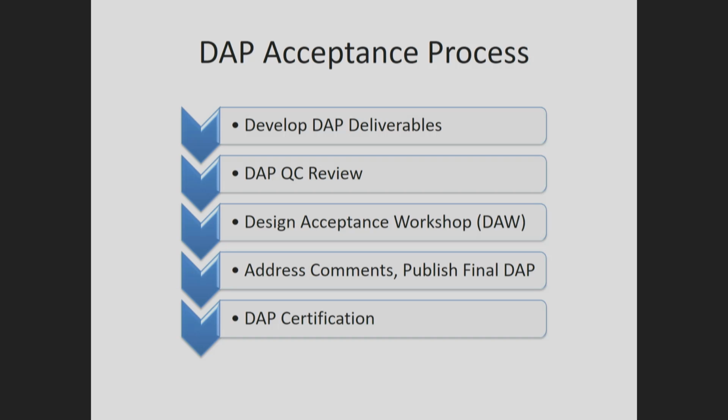So the DAP acceptance process is really simplified to kind of 5 basic steps. There's a lot that leads up into it. So when I say develop DAP deliverables, there's a lot that goes into that. So the DAP deliverables, you're developing your plans, you're developing the API like Jim had talked about, making sure that we're being informed about it and that we're not missing a piece of the puzzle, that we're looking at it from different angles, making sure that we've looked at all the potential outfalls, routes, borrow sources, everything that you can think of that needs to be looked at. You're being intentional about that and making sure you have that footprint set.